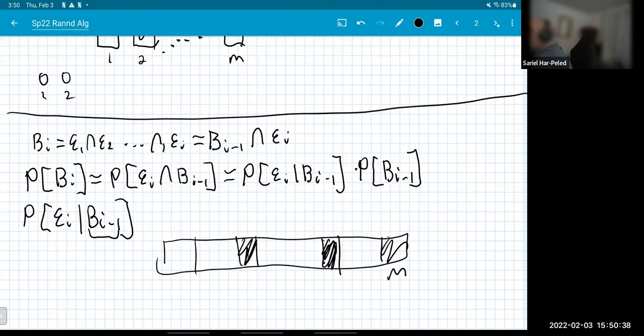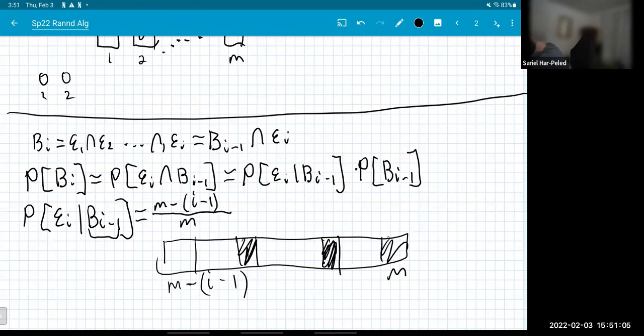So the number of unoccupied locations is m minus (i-1). Now I'm asking, what's the probability that when I throw in the ith ball, it falls in an empty bin? Well, there are m minus (i-1) empty bins,